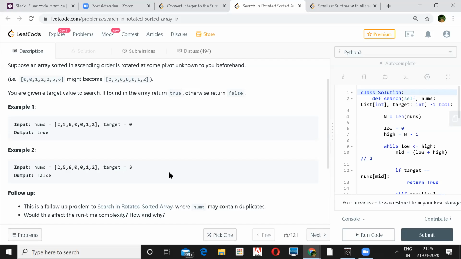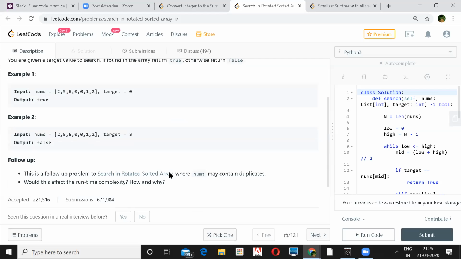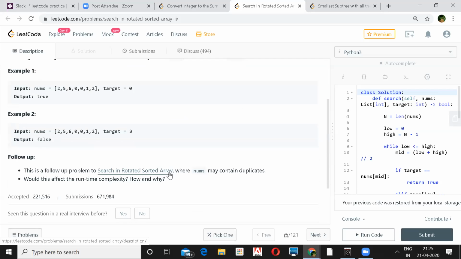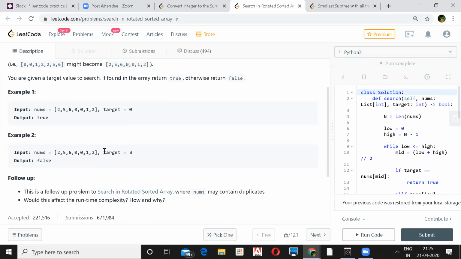But still, it will be log n, right? Yeah, with some constant. But in the follow-up, what they're saying is if it contains duplicates. The way I was thinking of this problem, like the second example shows, there are duplicates. If you have duplicates at both ends, you need to actually remove duplicates at one end. So I would go and remove the duplicate at the right side first, only the right side. If there are duplicates on the left side, I will still keep it as is.